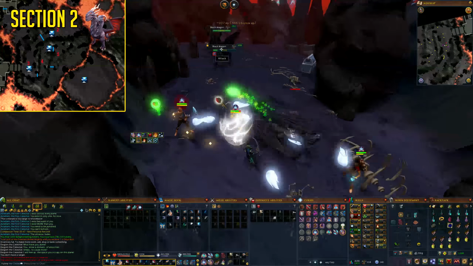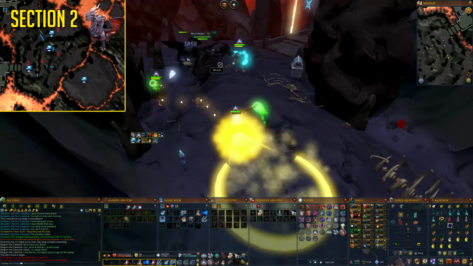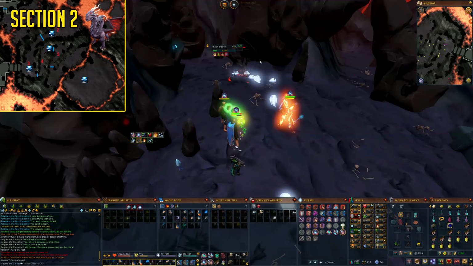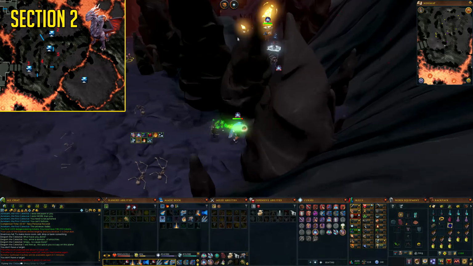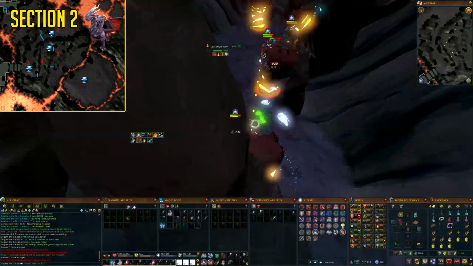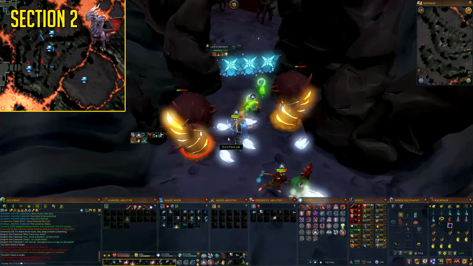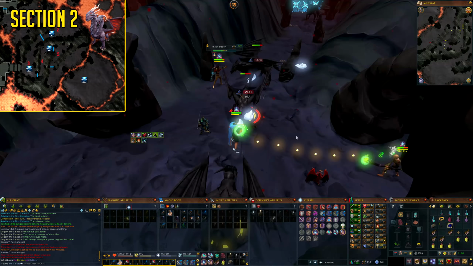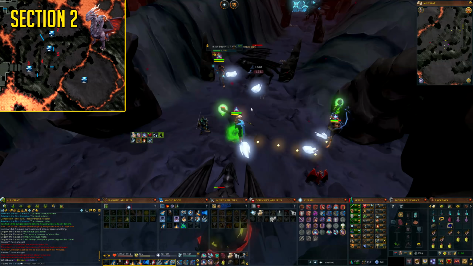In my opinion, the second section of the Dragonkin Laboratory is the easiest in terms of mob difficulty. As with the first section, you can see a map of the section in the top left corner of the screen, giving you some hints on where you could activate Sunshine for extra efficiency. After the last few barriers of wildy worms and some black dragons, you'll be ready to encounter your second boss,